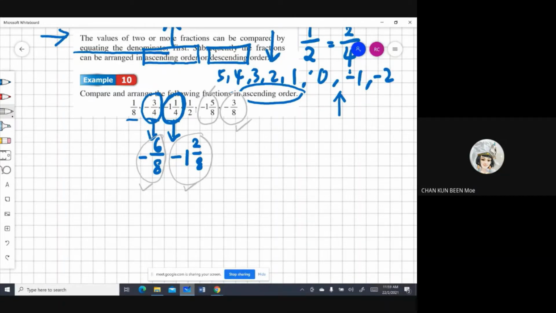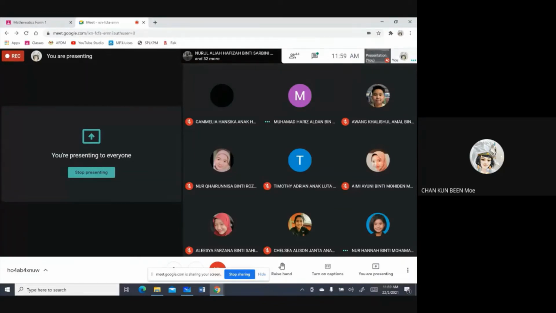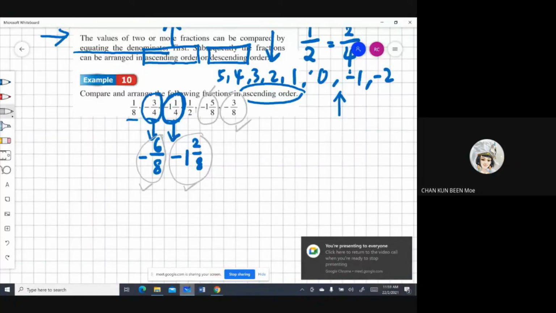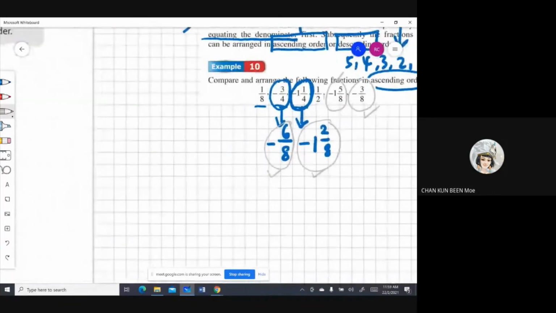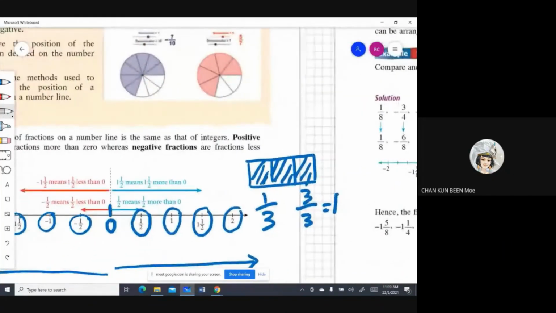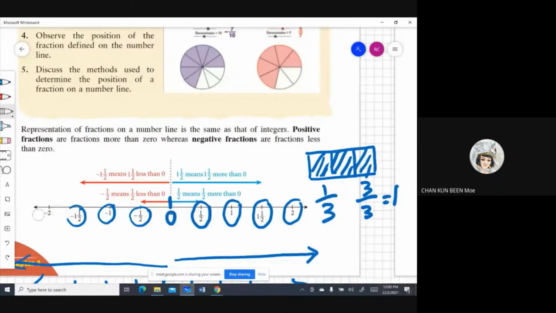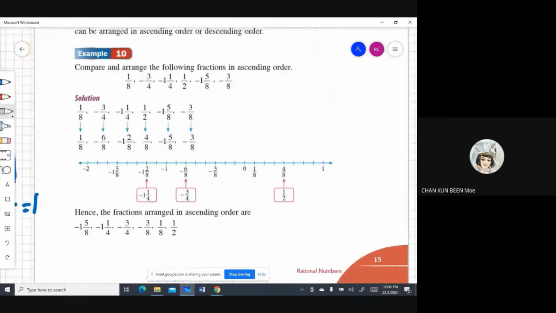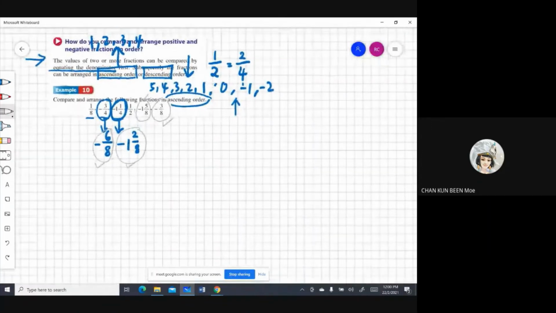Okay. I didn't hear any answer from you. I assume you're still thinking. So it's okay, you listen to me on how to solve it. If we go back to what you have learned earlier, the number line. If you compare, on the left, the bigger the number, actually it represents the smallest fraction. So if I go back to the question that we have just now, in between these 4,